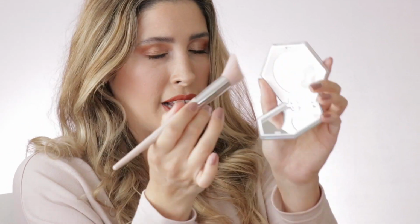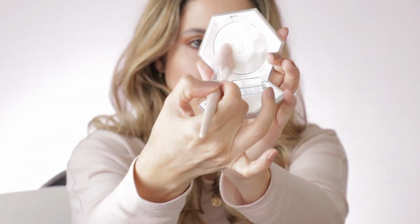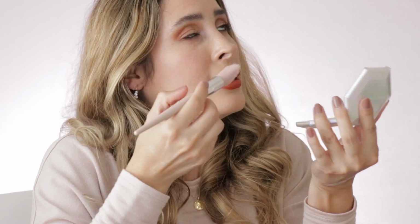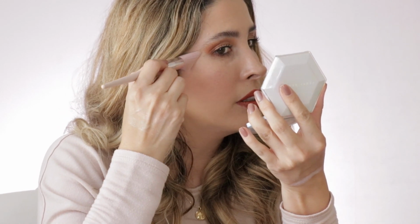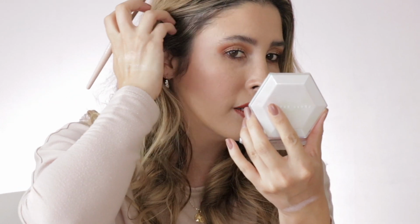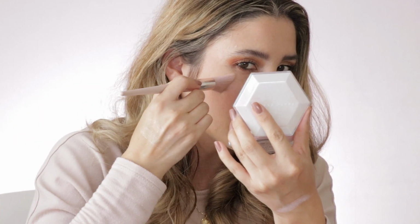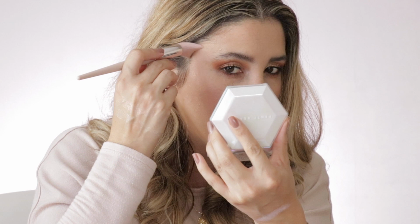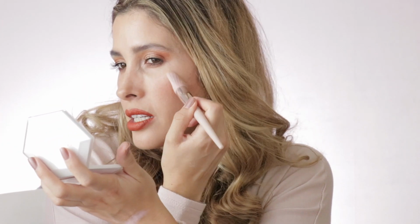So I have this brush right here from Fenty Beauty. They came out last year. It's actually a highlighter brush. So there we go. And let's see. Okay, so it's a glitter world. And it does have that pink shift to it. Okay, I mean, it's not going super strong, and I don't know if it's because of the brush, because this is